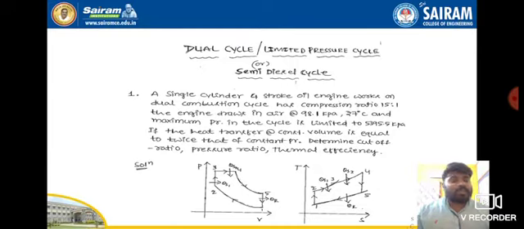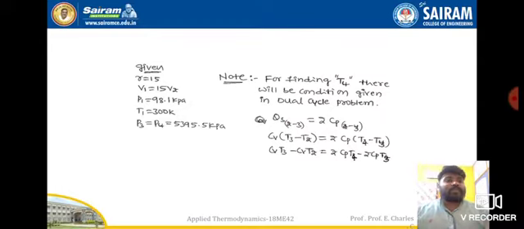So that means the 2 to 3 process is constant volume and 3 to 4 is constant pressure. In both processes we supply heat. So heat supplied QS1 and QS2, in both places we come across this heat supplied. In the same way, if you look at the TS diagram, the temperature entropy diagram, in the 2 to 3 process heat is supplied at constant volume, and in the 3 to 4 process heat is supplied at constant pressure. So two places heat will be supplied. We'll move on to the given data.